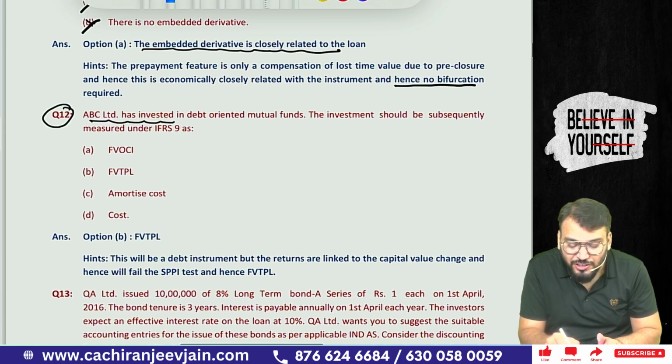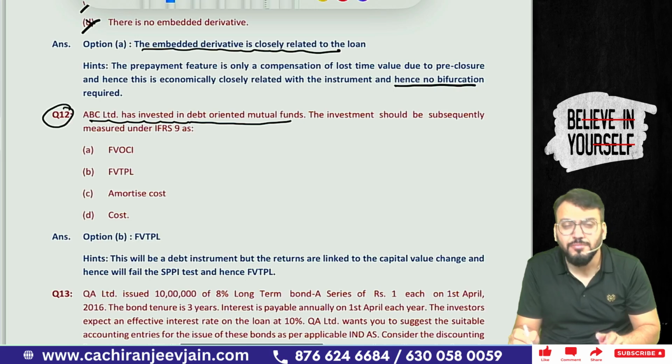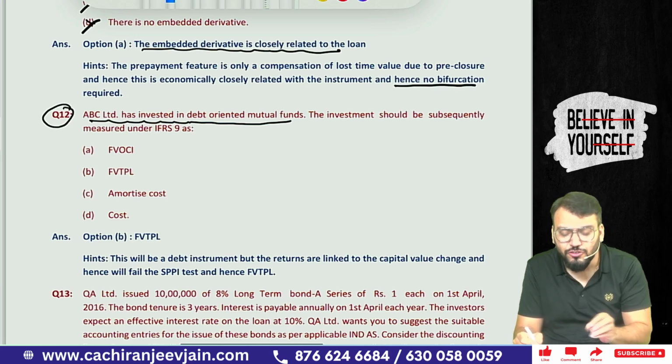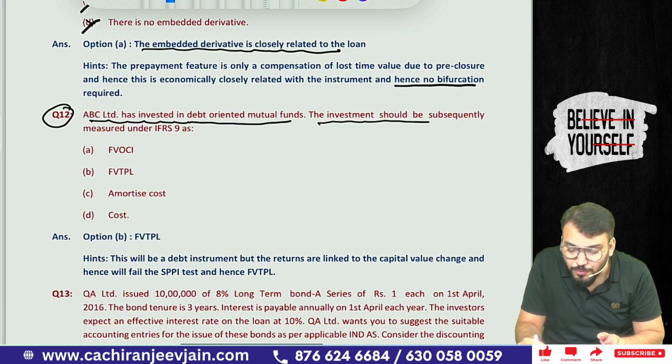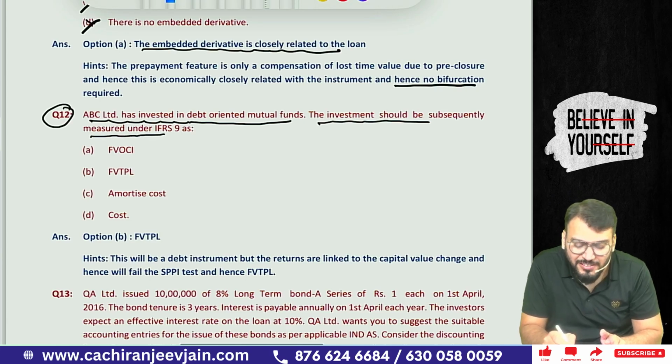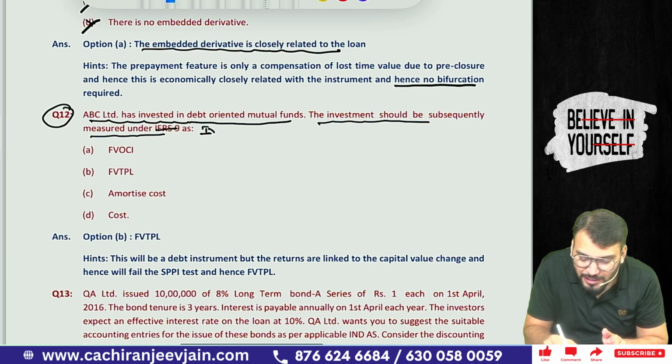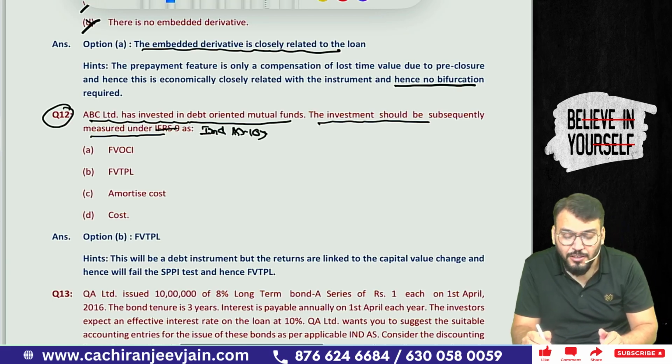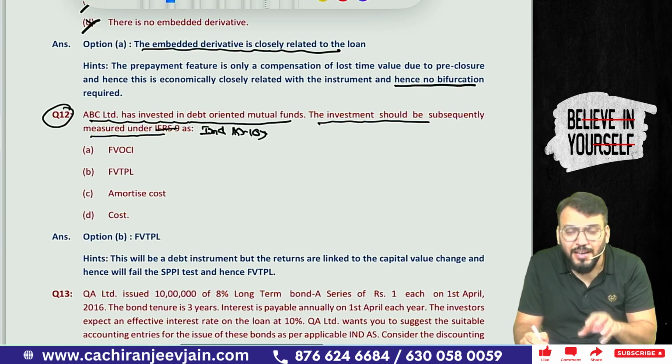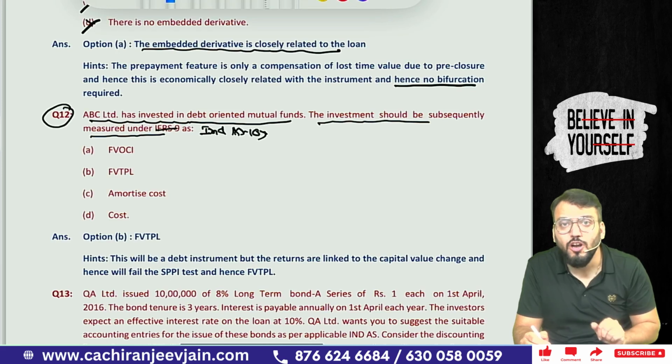ABC Limited has invested in a debt-oriented mutual fund. Debt-oriented mutual fund means a debt instrument mutual fund. The investment should be subsequently measured under IFRS 9. This is not IFRS 9, this will be Ind AS 109. So this is a debt instrument where the contractual cash flow condition will not be satisfied, because